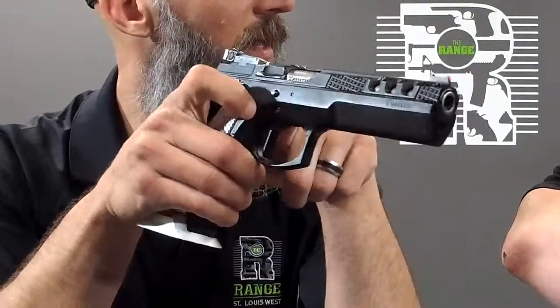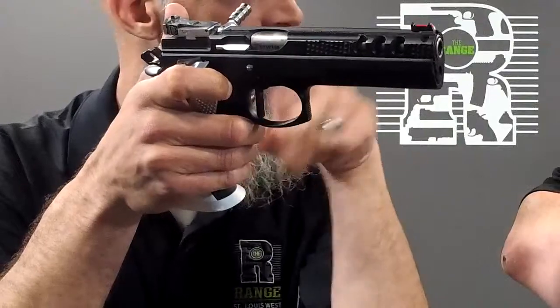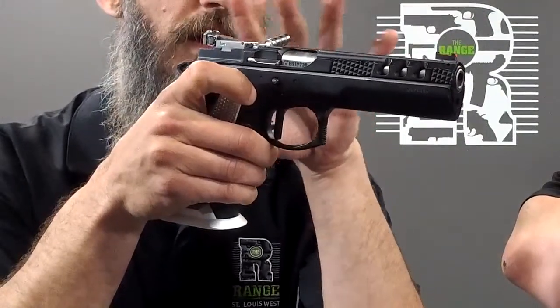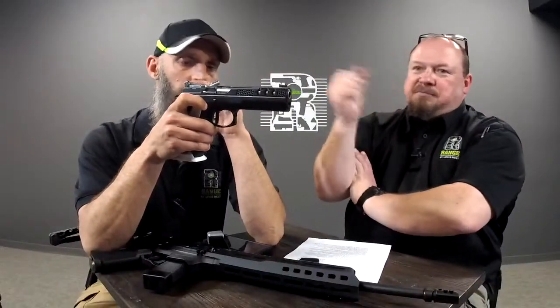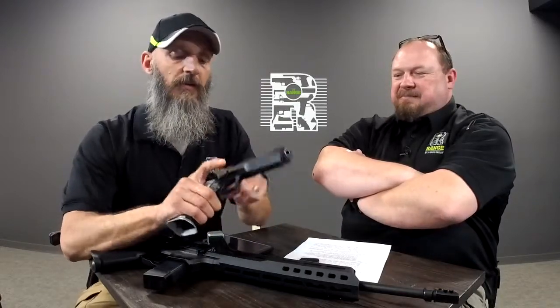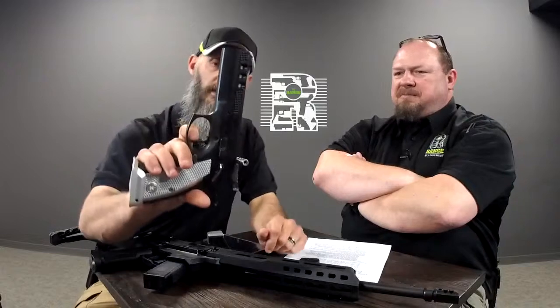Yes, but it also came with a 9mm barrel and magazines, and the bushings, extractors and injectors, so everything. You can shoot this as a .40 cal or a 9mm with a barrel swap. Don't just try it inadvertently. Make sure you got the right barrel in. Right, but I mean, this trigger. You can see it, too. Like this is...